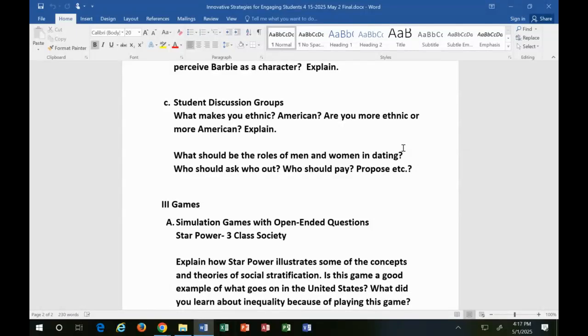I brought these two up because I get a lot of discussion going from that. So what they do is they go in their group, they discuss it, then each group reports on it. And then I moderate. And a lot of times they're like, yeah, I agree, what he's saying is true. I think women should propose now. Why not? There's women CEOs and there's been a woman vice president. And then there's other students that will say, no, that's traditional. Just keep it the same.